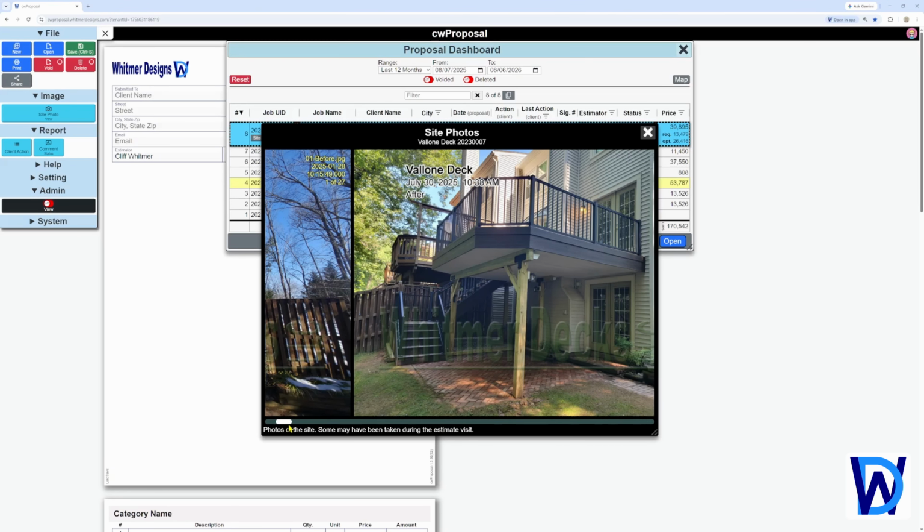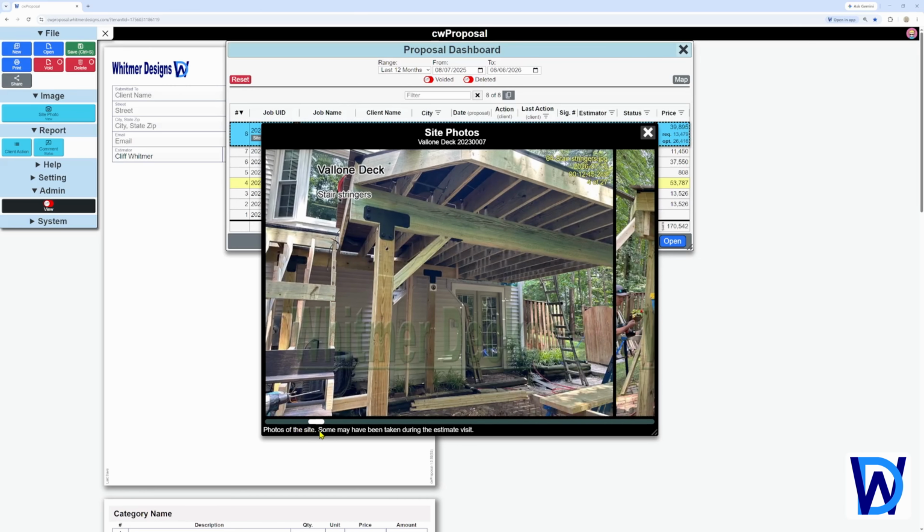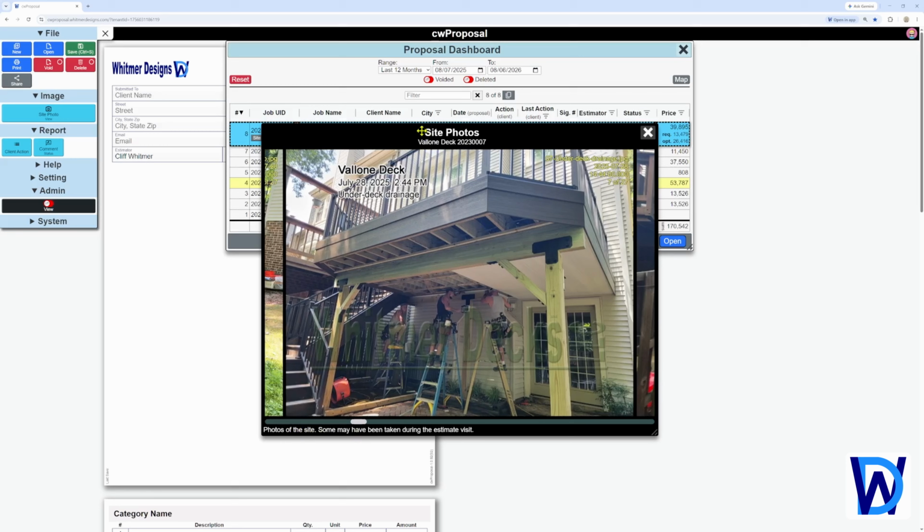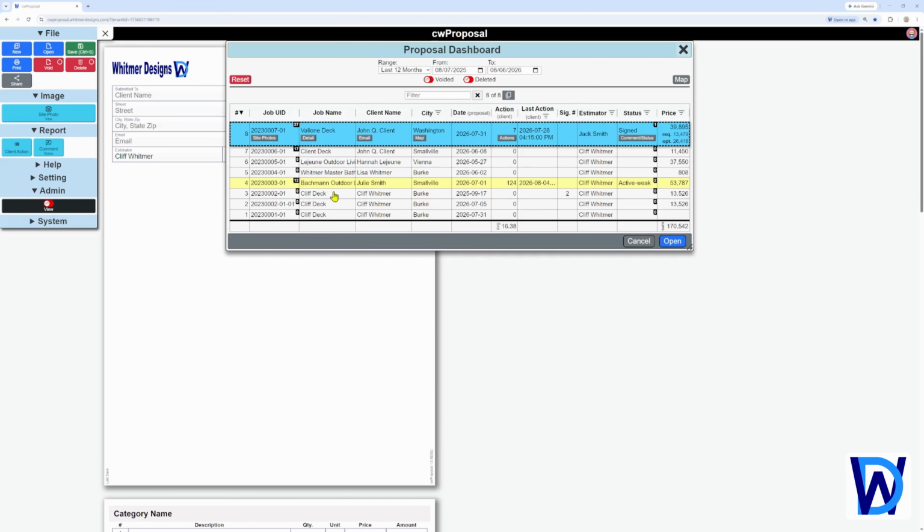I added some in here later on that are for after the job was under construction. So site photos depend on what you really want them for, but just keep in mind, and it shows you that here. It says for this job, it just has the job number, no revision and no change order number on there. Another thing to keep in mind here is a good example of